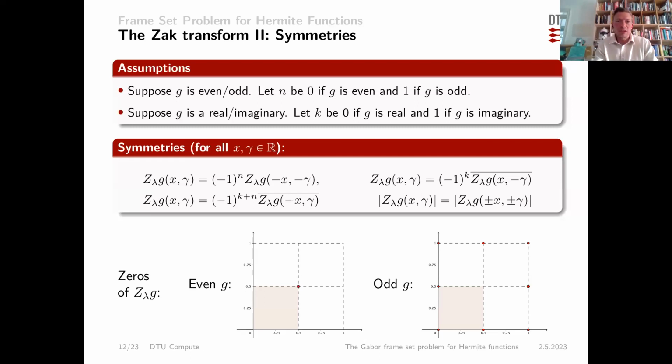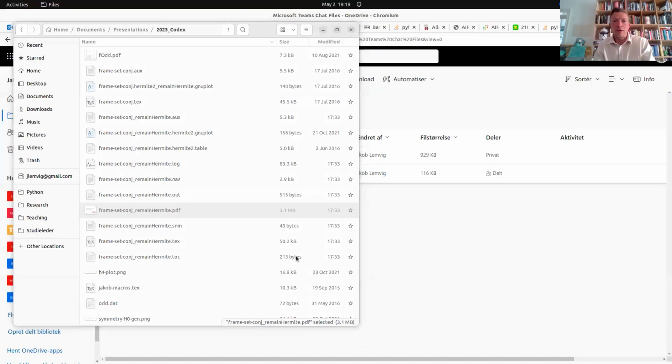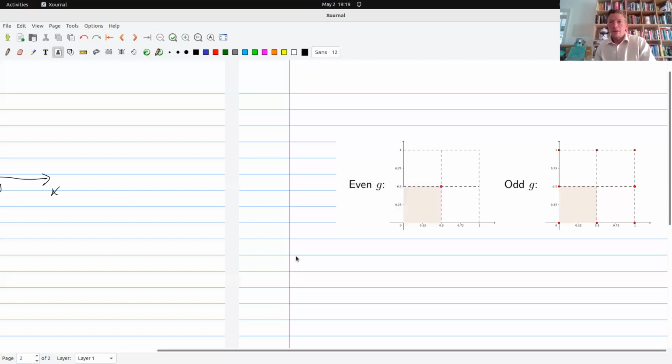These are well-known symmetries. So I marked here an area. What is important for us is the zeros of the sec transform. I hope you can still see my screen here. This is the case for even functions, and what these results show us is that if I have a zero, say located here,